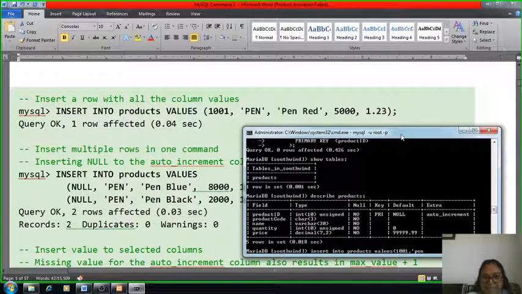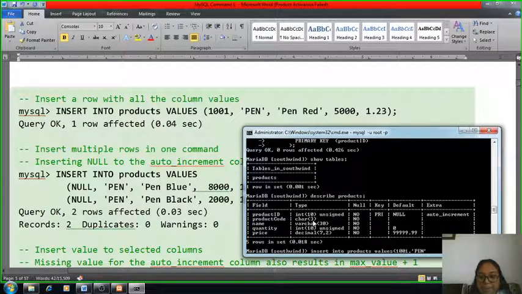Because the type is character and the size of this product code is 3, after 3 characters we cannot insert data.